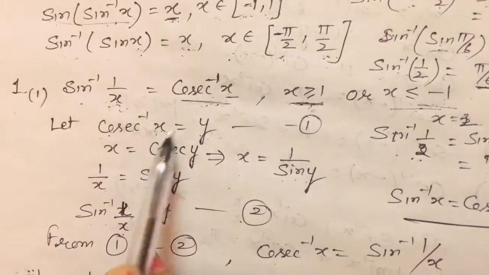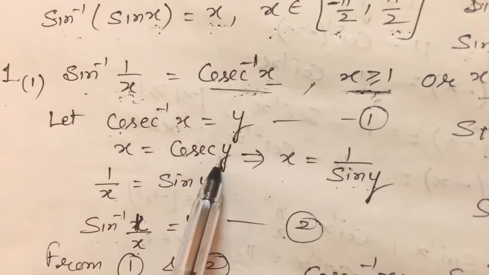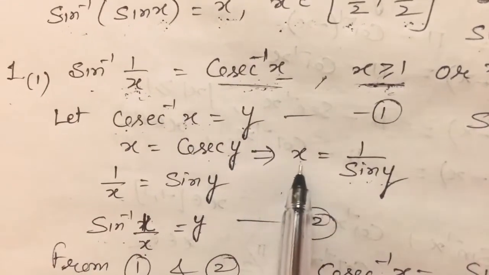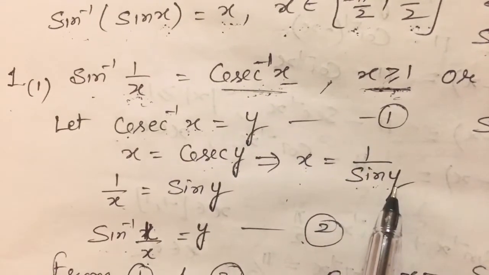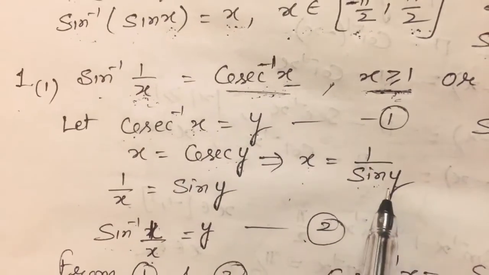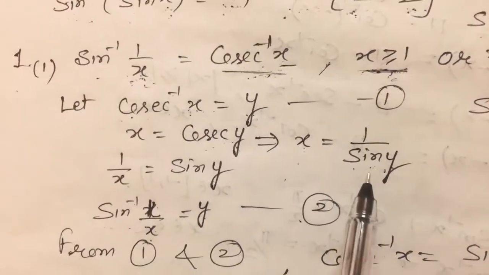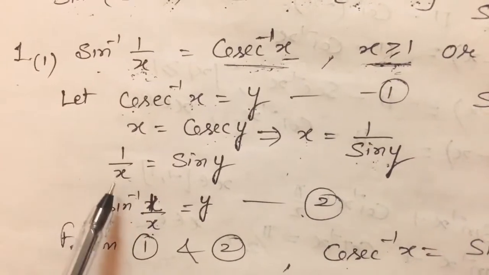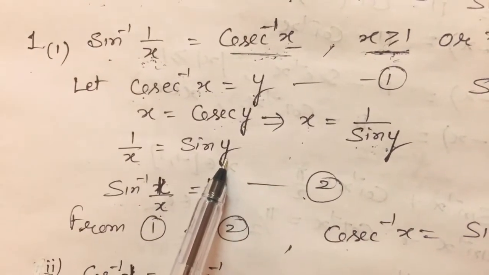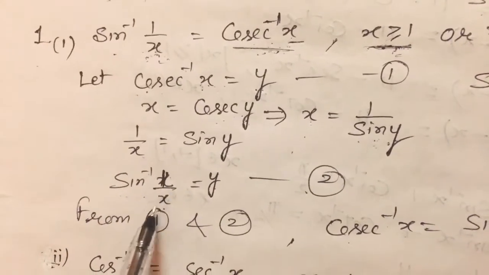Let cosecant inverse x be y. Then x will be cosecant y. Then x is equal to cosecant y, we can write 1/sin y, because cosecant is the reciprocal of sine. Then sin y is equal to 1/x, so we can write 1/x is equal to sin y, and we will take sine inverse on both sides, so sine inverse 1/x is